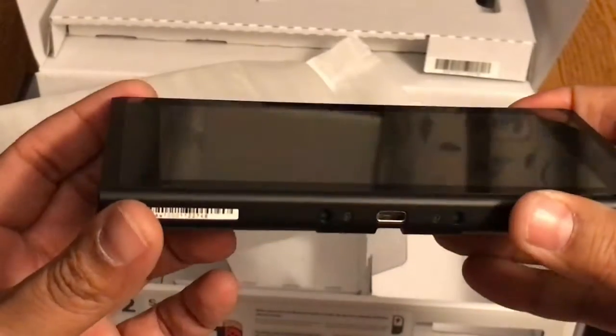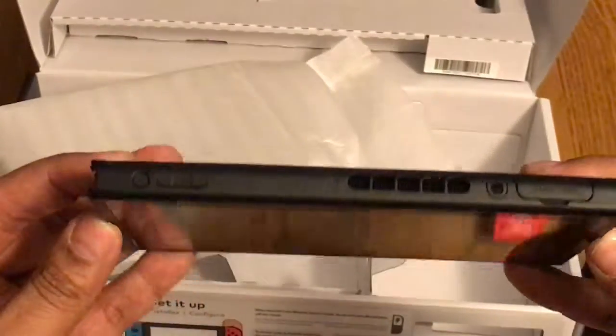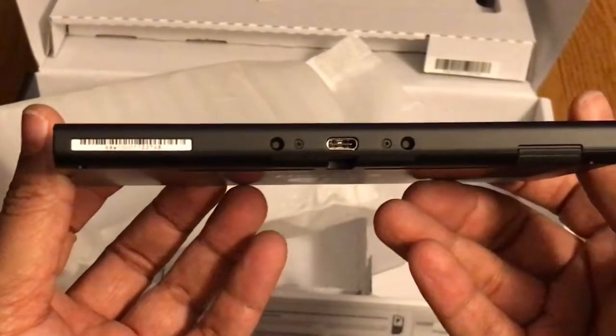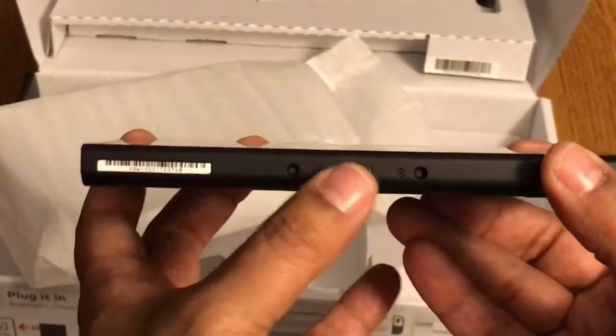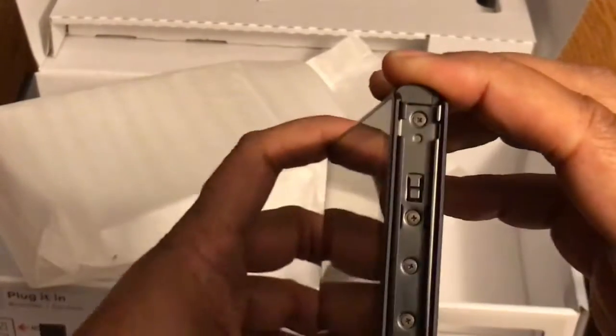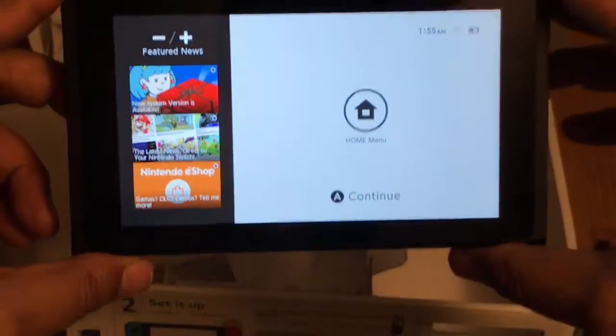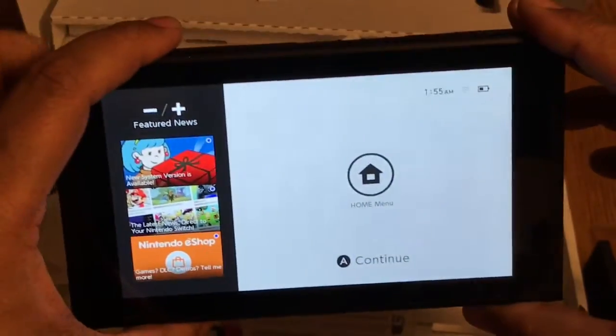And yes, this is the tablet, nice and sleek, and this guy does look and feel wonderful. You have some ventilation on the top, you have some ports on the bottom. This is where it connects to the dock, and also if you're going to use that charger just to plug it into the wall and get some juice. This is where the Joy-Con slide on. And your power button and volume button rocker is up here at the top. So if I wanted to turn this bad boy on real quick, this is what we get. I've already set it up, but